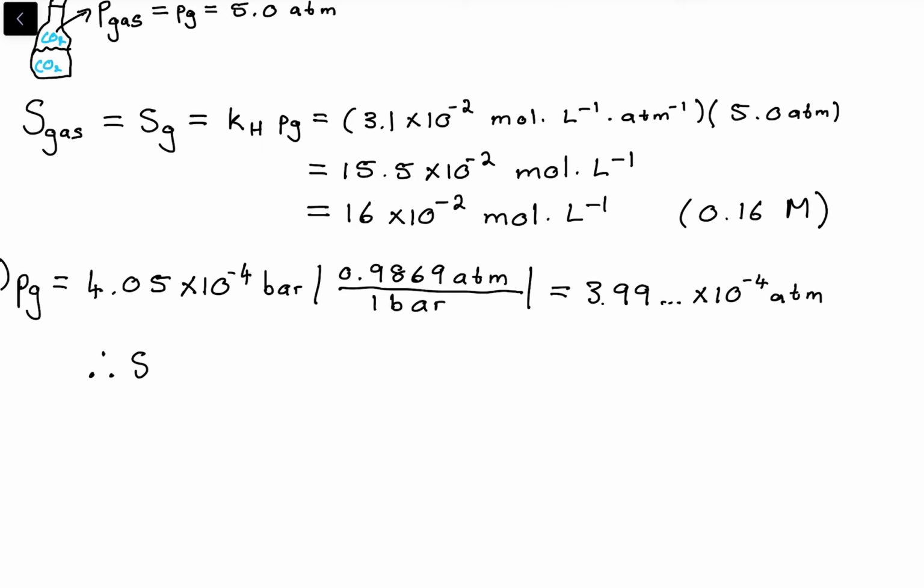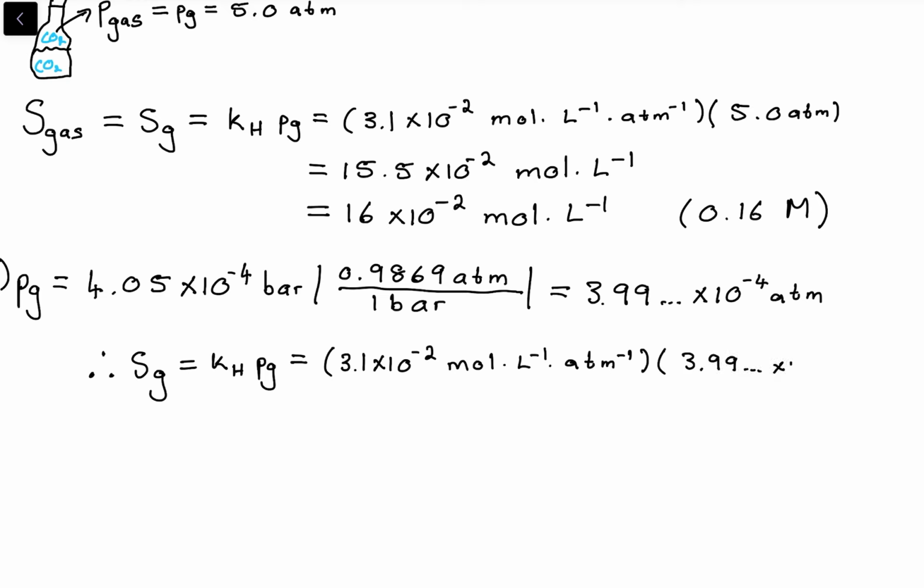And so you see the solubility of the gas is going to decrease slightly. So K Henry multiplied by the pressure of the gas, where K Henry is still 3.1 times 10 to the negative 2, because the Henry constant is dependent on temperature. So the constant will increase or decrease with the temperature. That's mole per liter per atmosphere, multiplied by this 3.99 times 10 to the negative 4 atmosphere. That's going to be, to two significant figures, 1.2 times 10 to the negative 5 mole per liter,